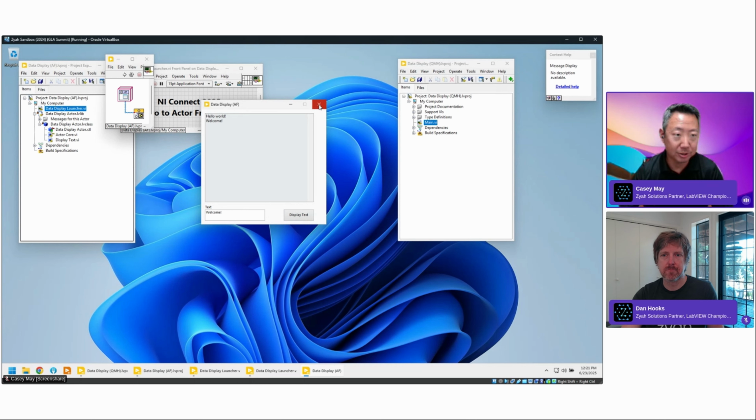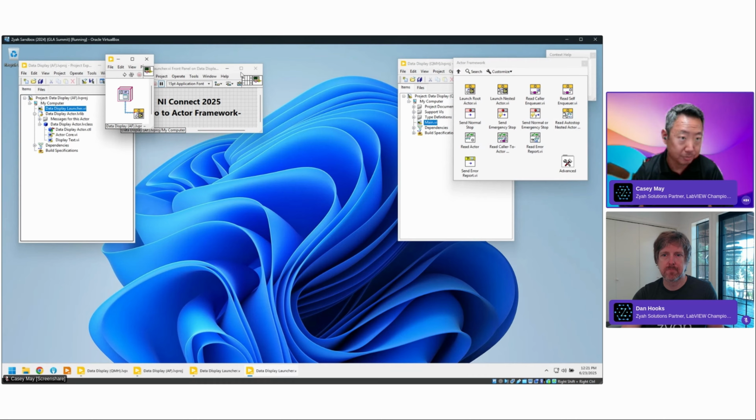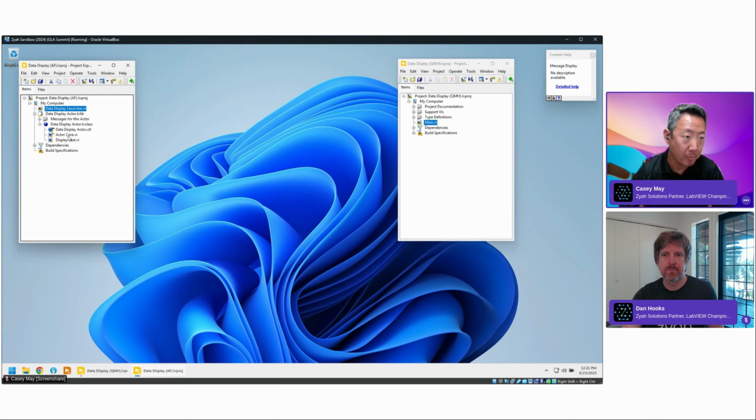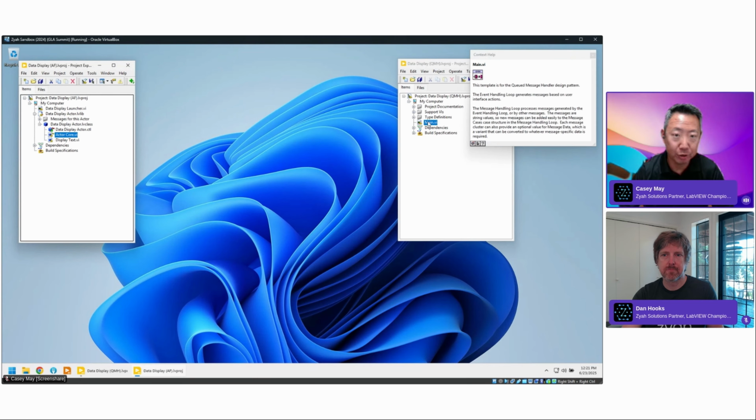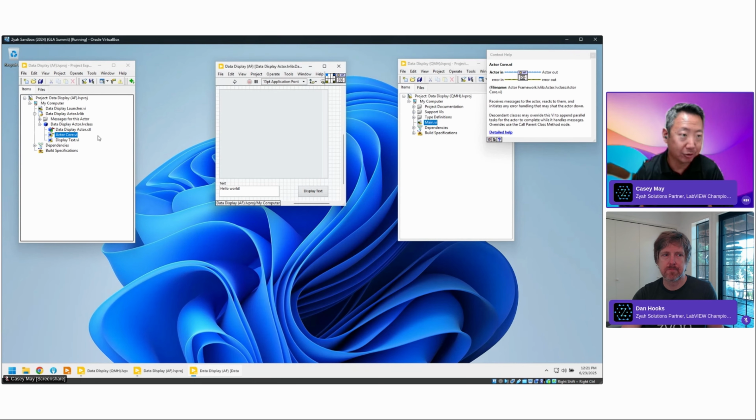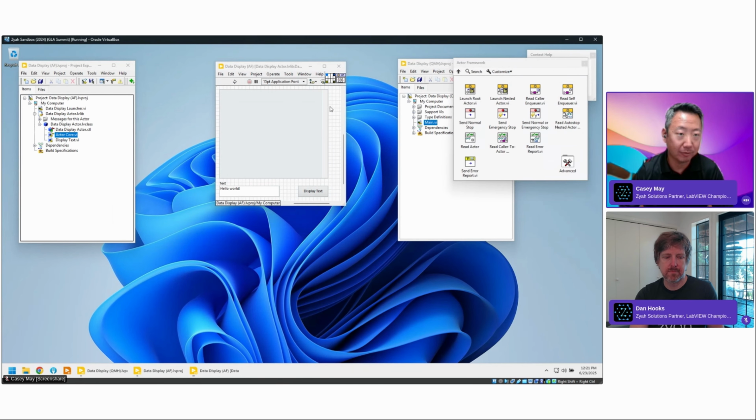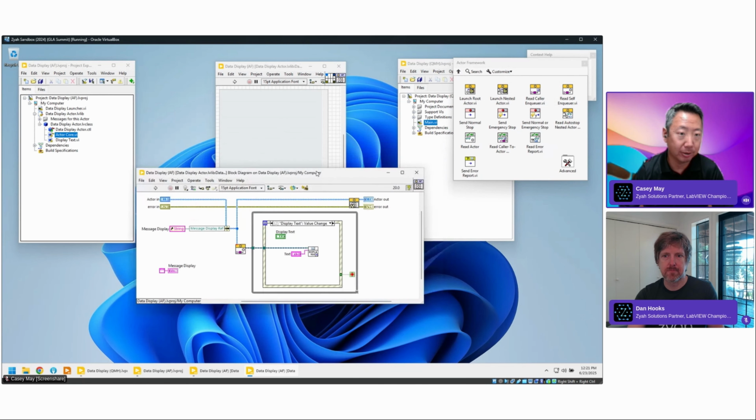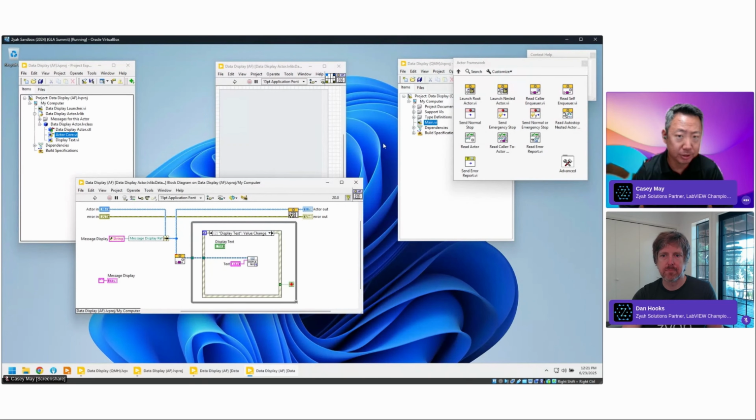So let's see how this looks different, right? You have main in a QMH. You have Actor Core for your GUI in Actor Framework. And if we look here, there are some parts that are similar, some parts that are very different. The message handling loop is in this Call Parent Method node. Like Dan said, you don't have to write it again. It just runs automatically. What you do have, though, which is very similar, is this event handling loop, where, again,